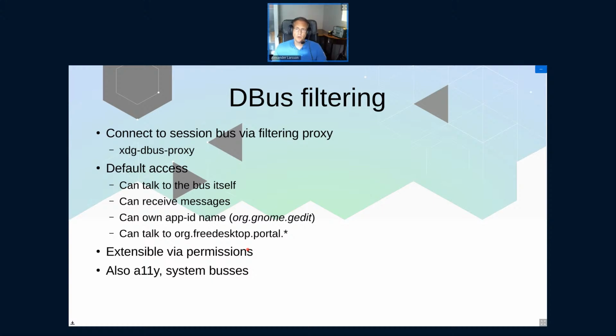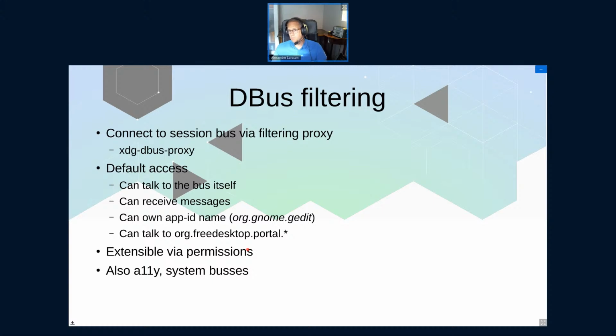And you can own your own application ID as a name on the bus. And coincidentally, the Flatpak application IDs are the same format as the dbus names. And there's this namespace called org.freedesktop.portal, which is free for all. Basically, any app can talk to anything that exposes something in that, and that's the basis for implementing portals.